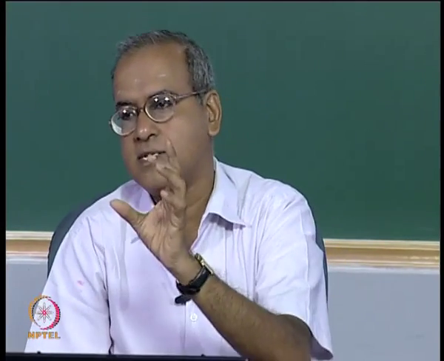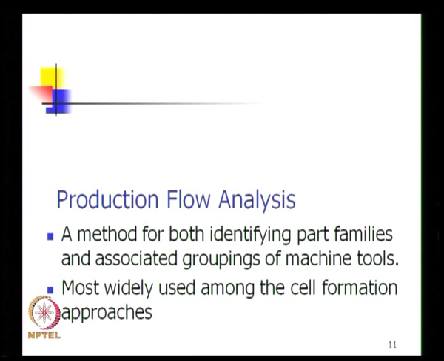So the two methods commonly used are the visual inspection method and the classification and coding method, and the third one is called production flow analysis. Now this method called production flow analysis was introduced by Burbidge. Burbidge wrote a series of articles in cellular manufacturing and group technology starting from the early 60s, and introduced the idea of production flow analysis as a way to execute group technology